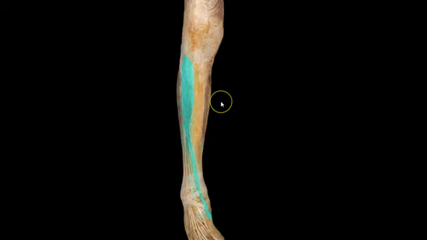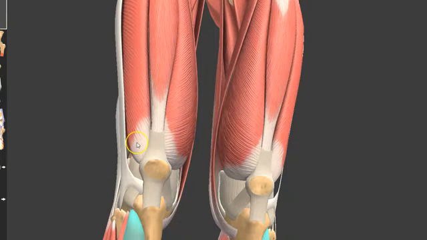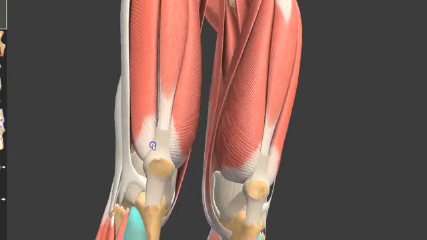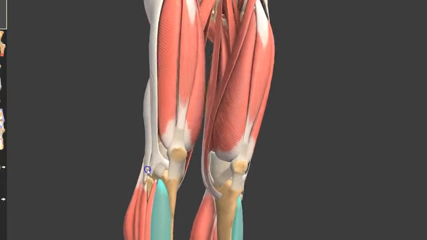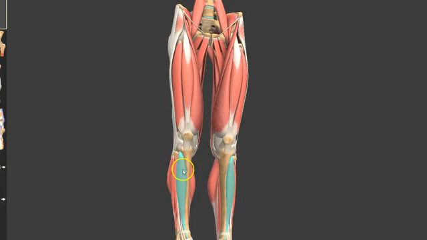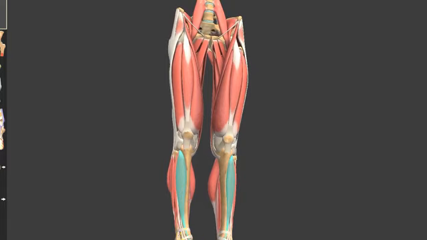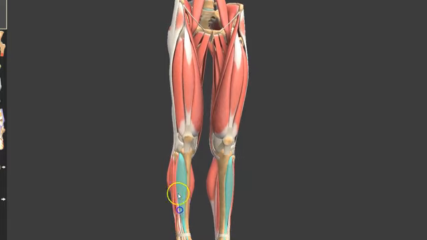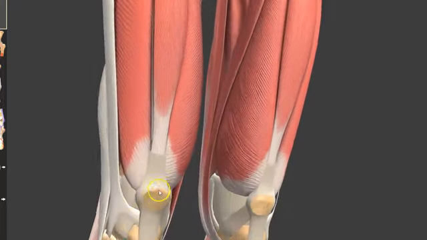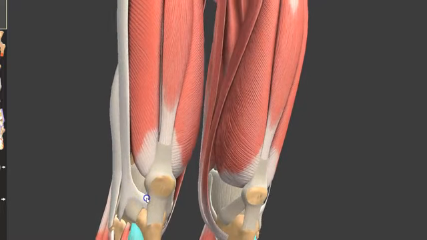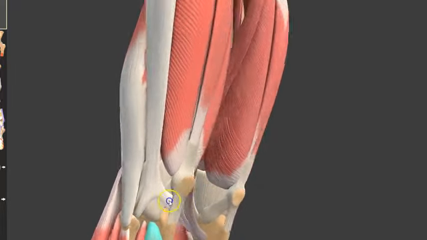Location, anterior shin. Now let's go ahead and see if we can see some of the other muscles. I want to show another view of the tibialis so we can definitely see what we mean by the origin being. Let me move this out a little bit. So here's our tibialis. As you can see, here's our shin bone. It's basically going to be that bone that's going all the way down to the tarsal and the metatarsal, the first metatarsal. But if you go in and you try to look for the actual origin, you'll see that it